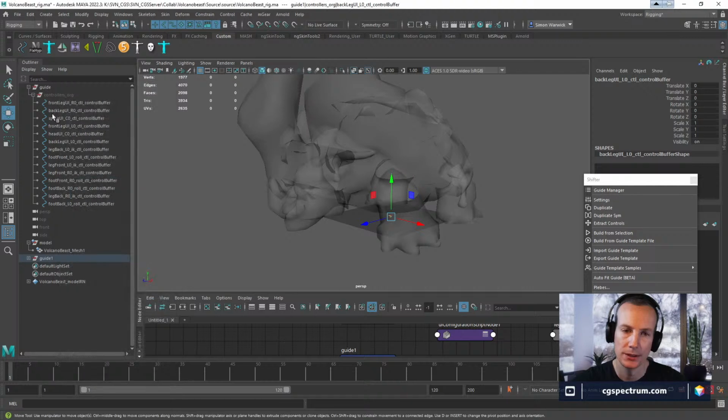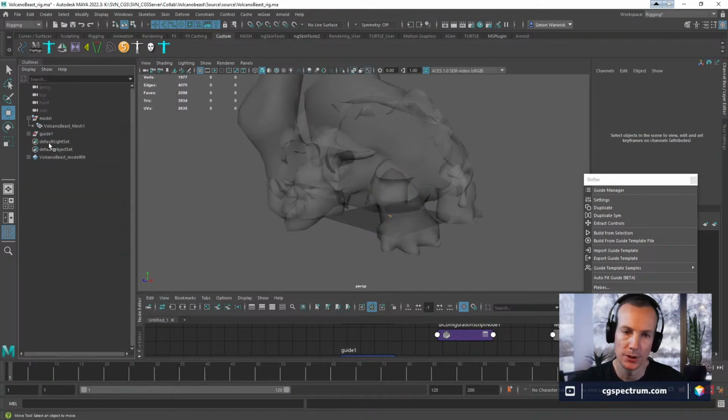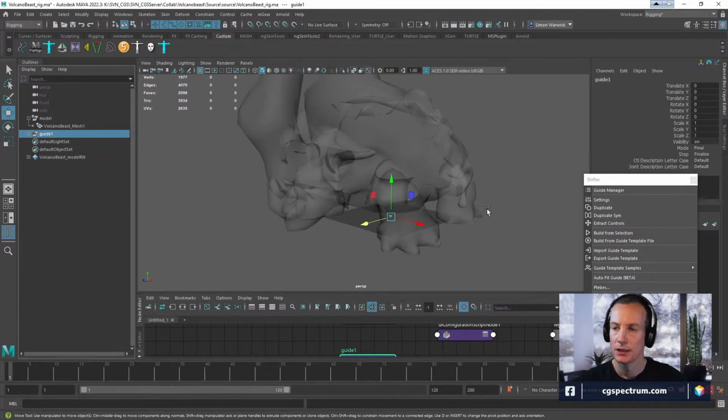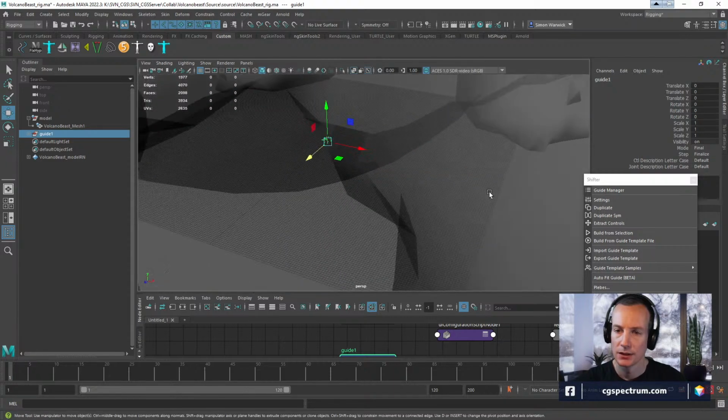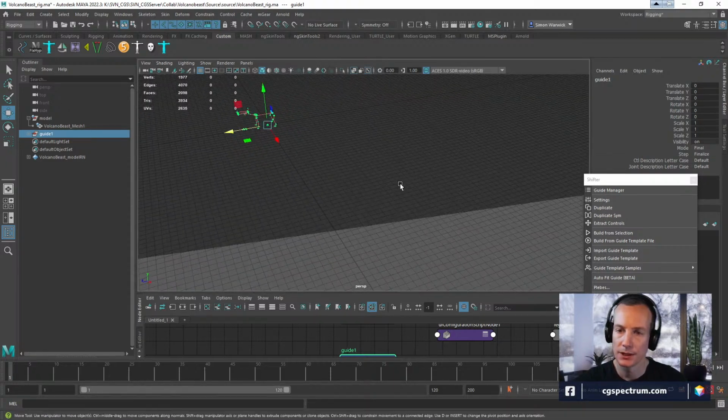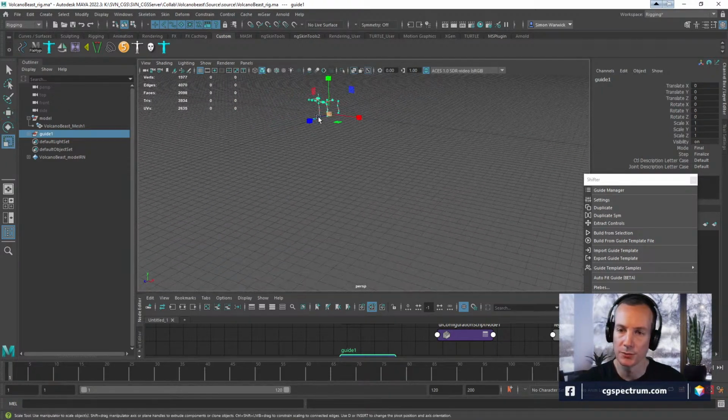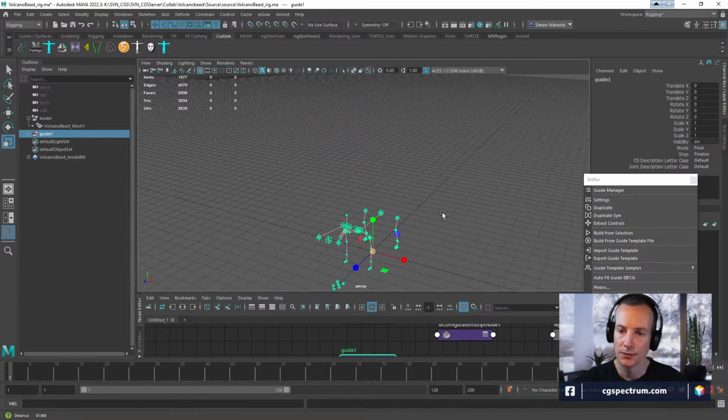Okay, so what I've done is I'm going to get rid of the original one. We're going to do the new one. I'll go through the process again. See if I can get those extra joints working before I spend too much time getting involved here.